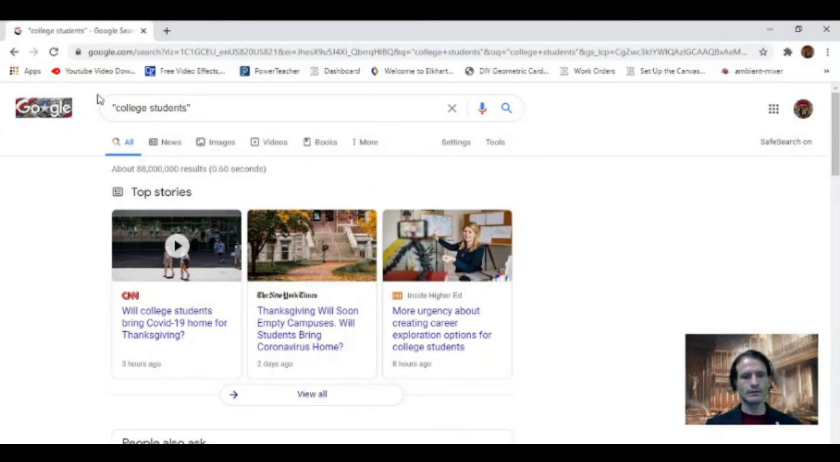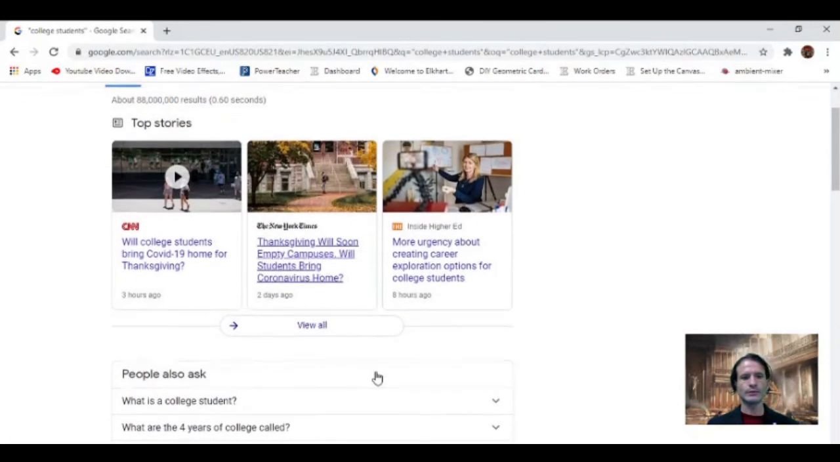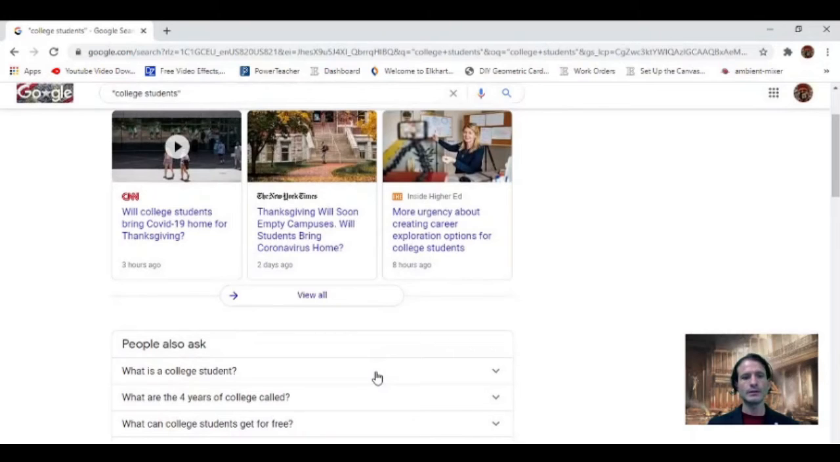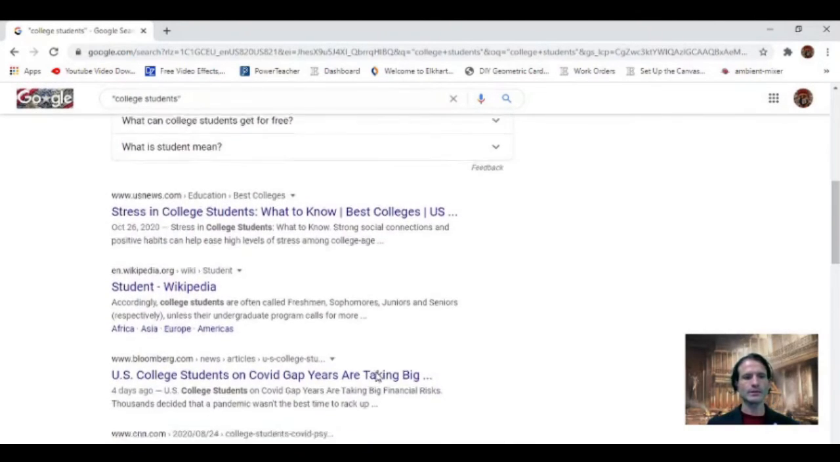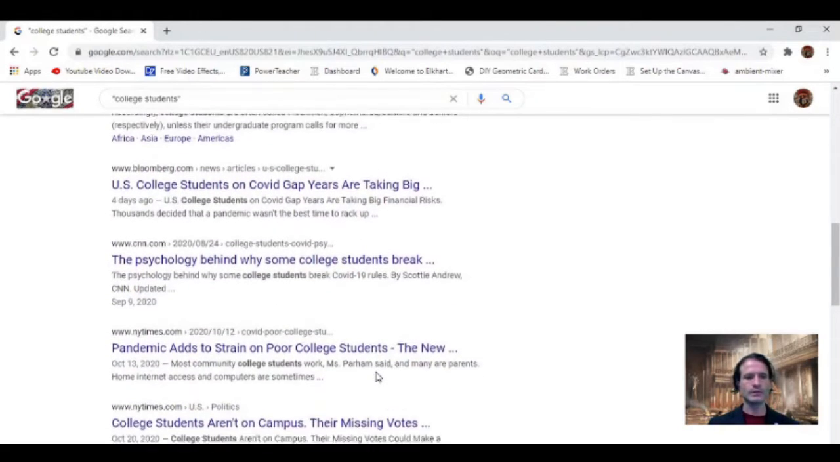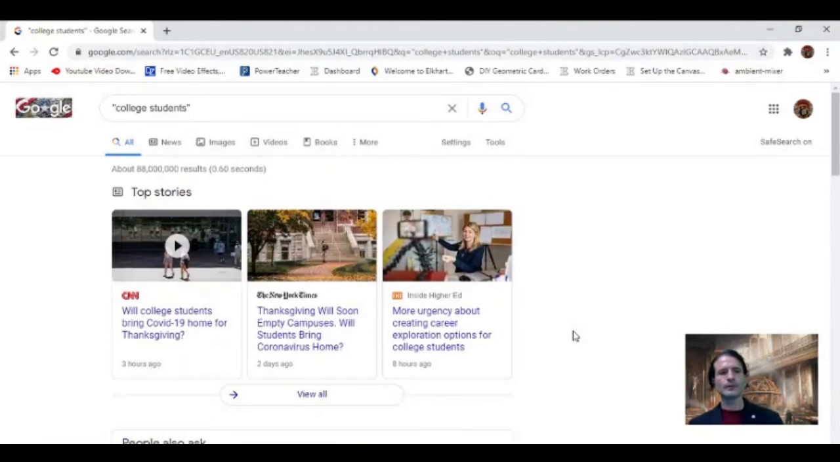And you can see all of my results. College students bring COVID? Thanksgiving will soon empty campuses. Will students bring home coronavirus? I'm sure college students is in there somewhere. Stress in college students, U.S. college students. So you can see that narrows your results down. We've got 88